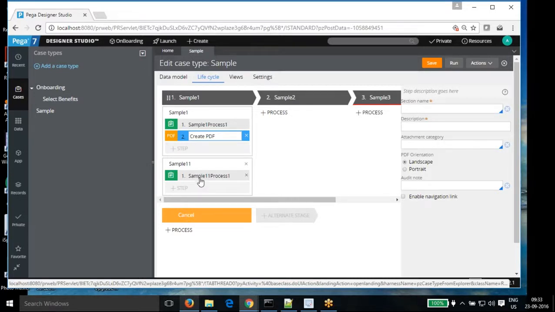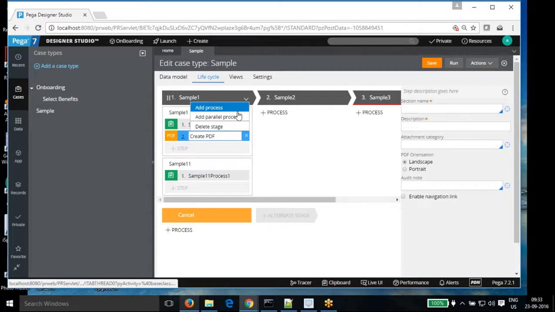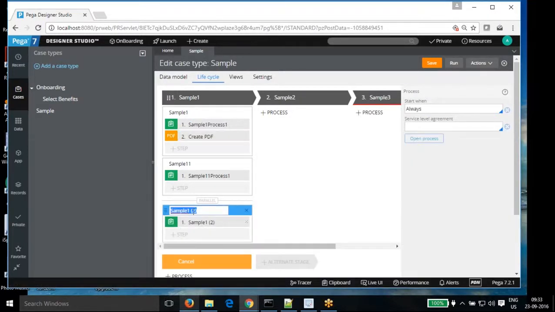Okay. So here it created only one. So now I want to create a parallel process with that. Okay, so if you see, the symbol came as parallel. Okay, and there I'm just giving the name sample parallel.